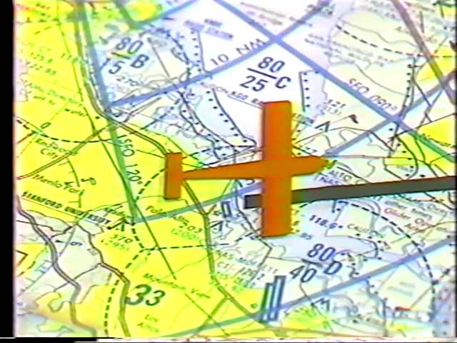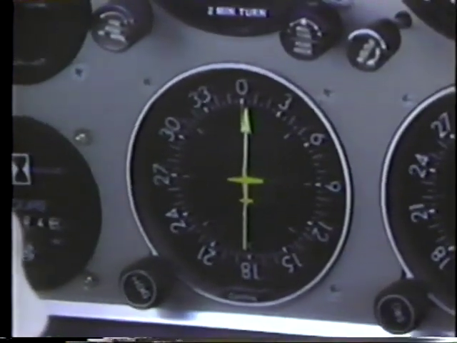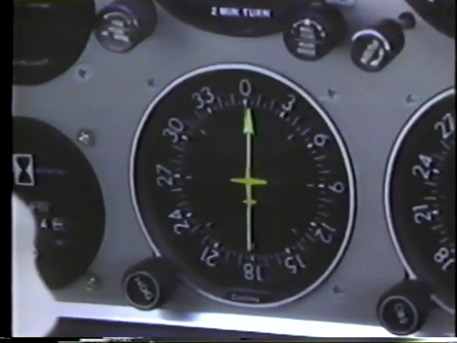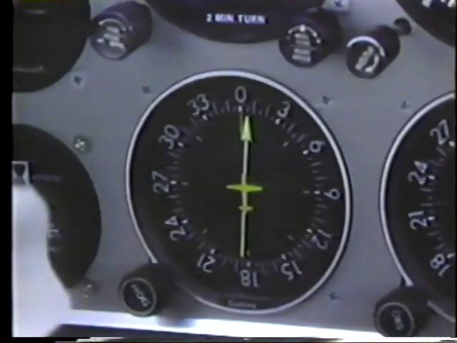We interpret the bearing indicator, which tells us the relative bearing is 003 degrees, or 3 degrees right. Obviously, we must turn right to fly onto that course. The question is, how much must we turn? To intercept efficiently, we recommend a 30-degree intercept angle. This 30-degree intercept angle is a general rule of thumb number which has been found effective for an ADF intercept.